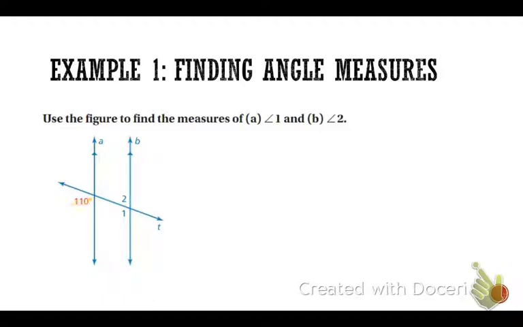So I know that angle 1 is 110 because it corresponds with the given angle measurement. All right, we always have to have that explanation